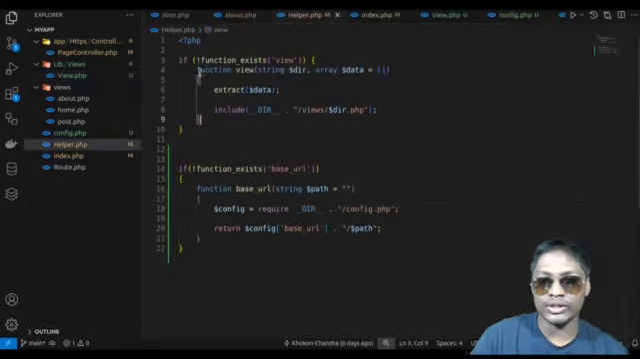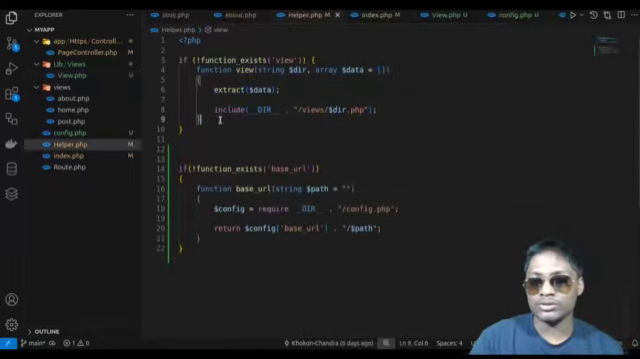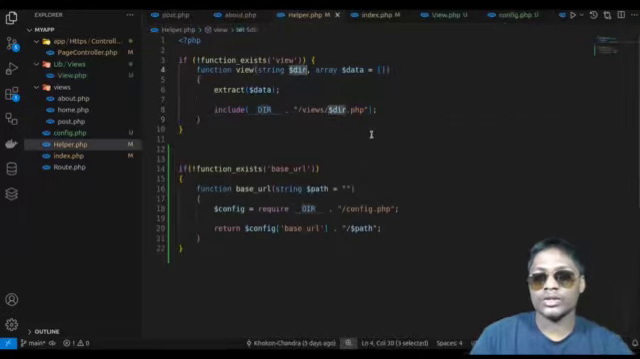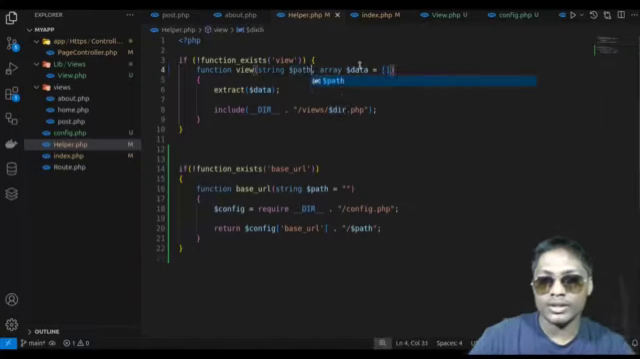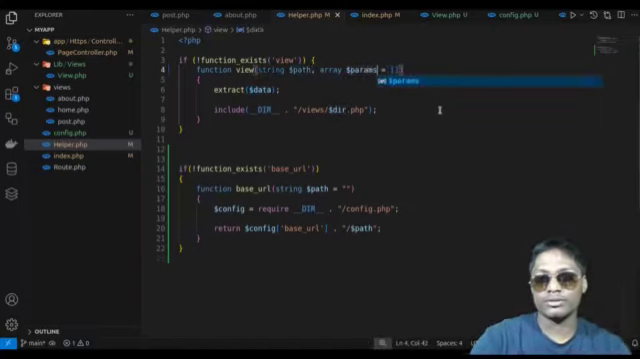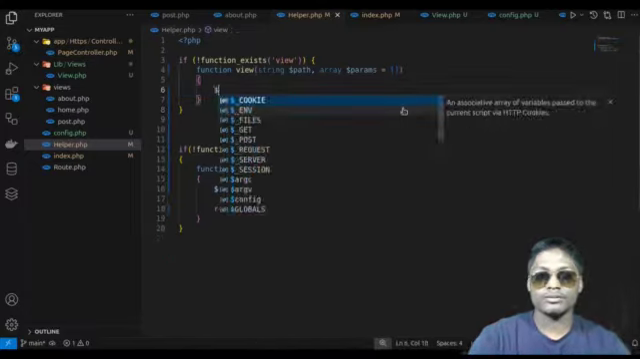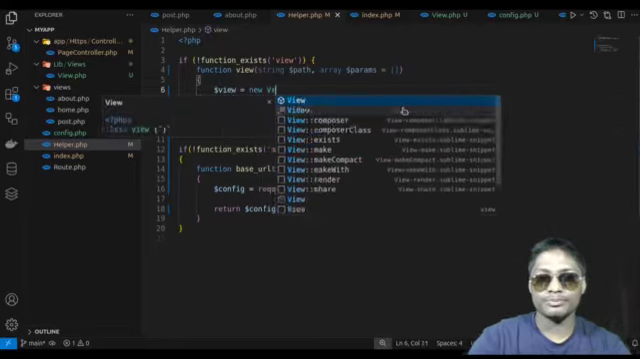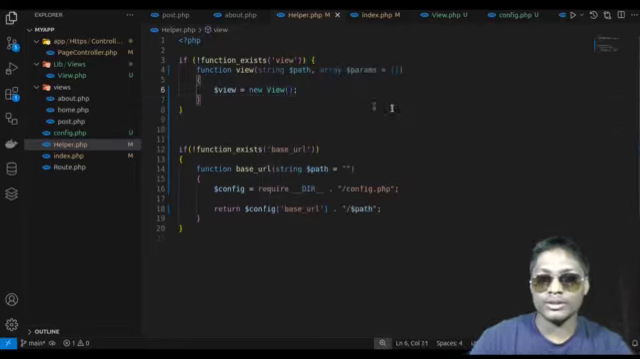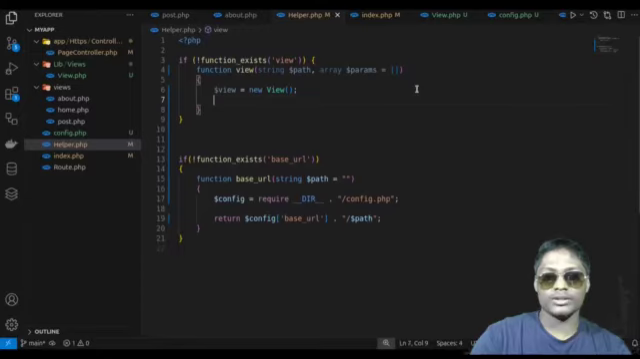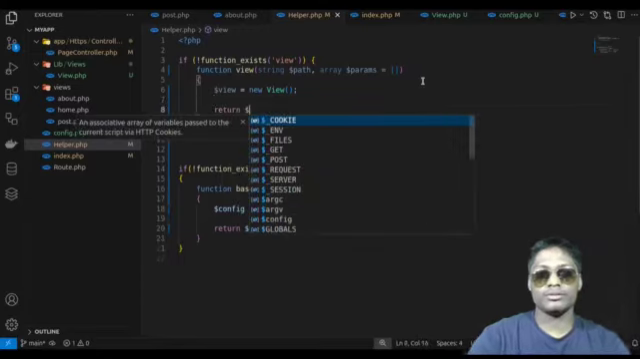That's why we're going to remove this and move into our render function. So I'm going to rename this to dir inside path and rename this to params. Okay, so I'm just going to instantiate our view: view equals new View. No need to pass our string, so we keep this empty. Okay, so return